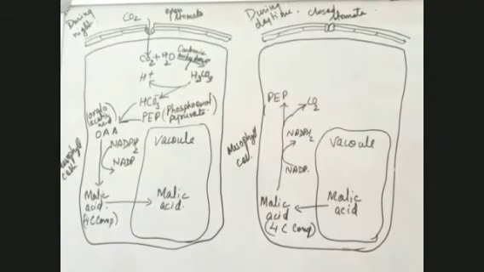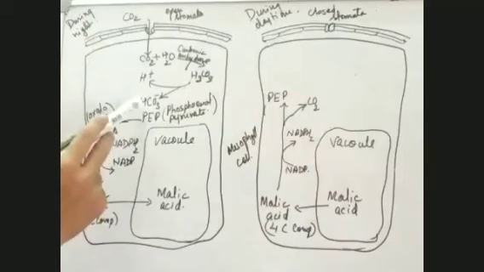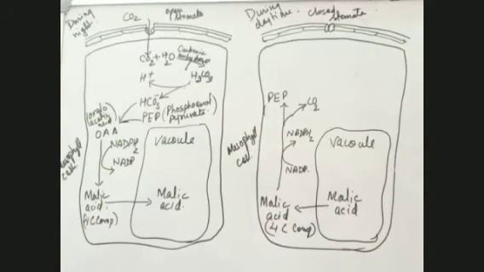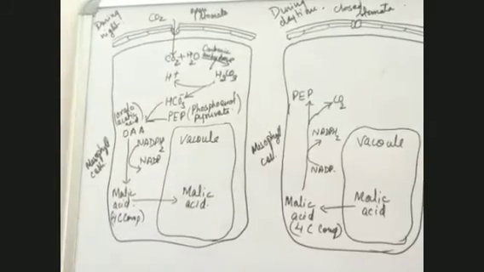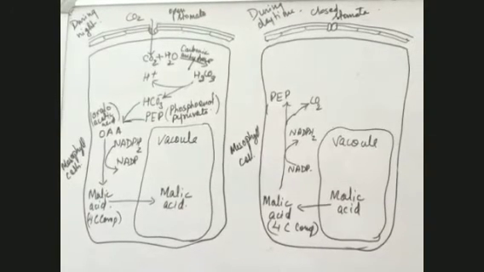If PEP will not be there, then after diffusion of CO2, when bicarbonate ions are formed, nothing will be there to accept them. So because these bicarbonates are accepted by phosphoenol pyruvate, there should be a continuous supply of phosphoenol pyruvate, and this continuous supply is made by the dissociation of malic acid into PEP and CO2, with the release of one molecule of high energy compound, which is NADPH.